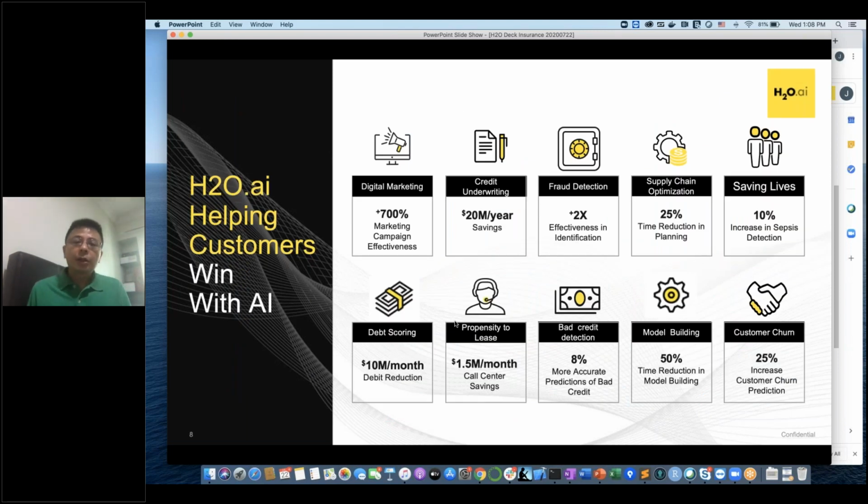So what are the business challenges that companies, business organizations, or even governments use H2O for? These are some of the examples of how and what organizations use H2O for. In digital, we have use cases in digital marketing. Companies have used H2O AI to solve challenges in credit underwriting, fraud detection, and supply chain optimization, and even save lives. Healthcare organizations have been using Driverless AI to build models that are able to detect if patients have certain conditions,